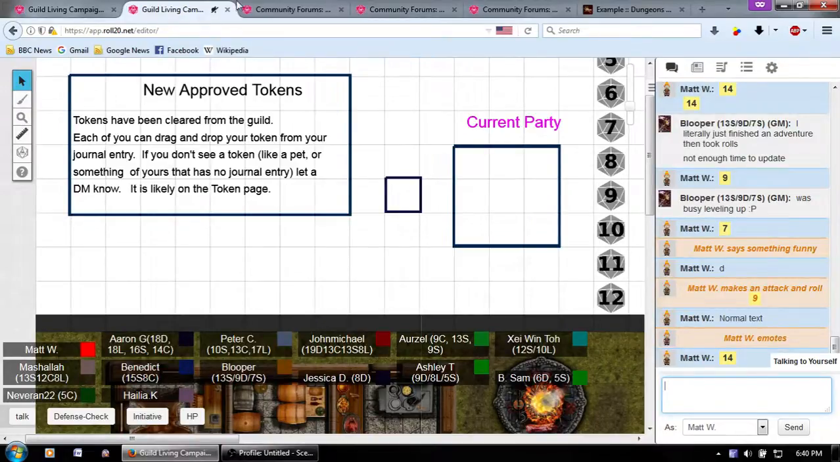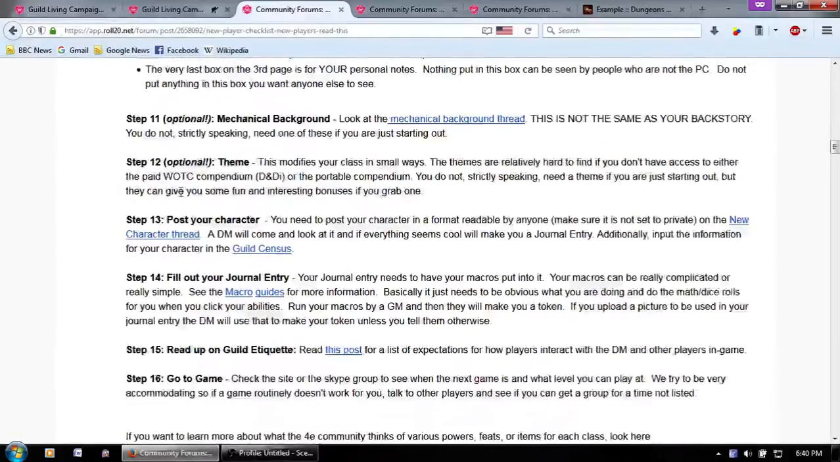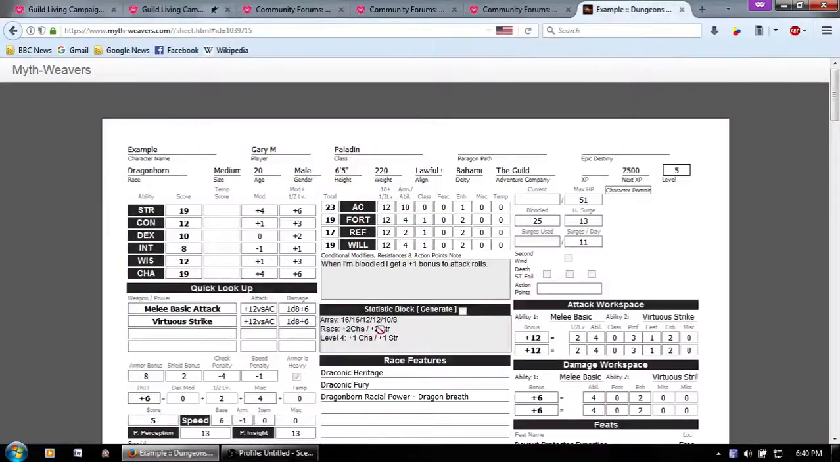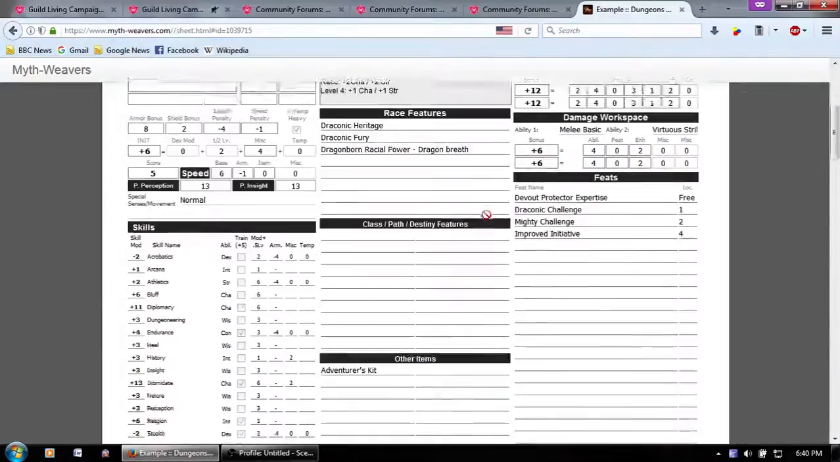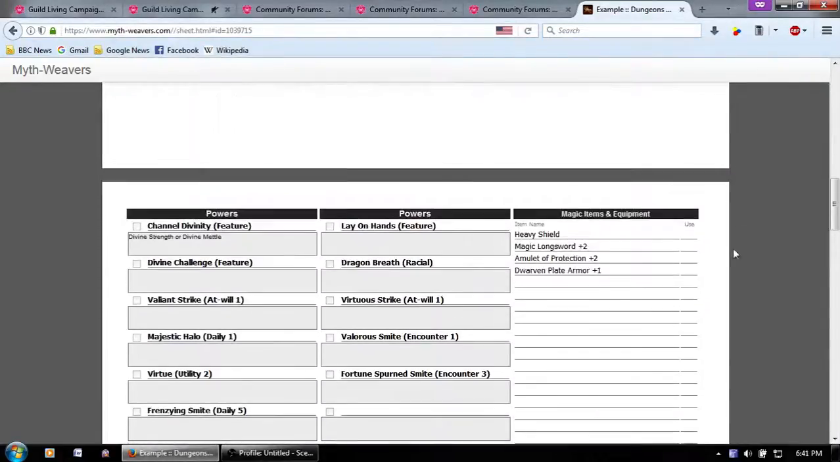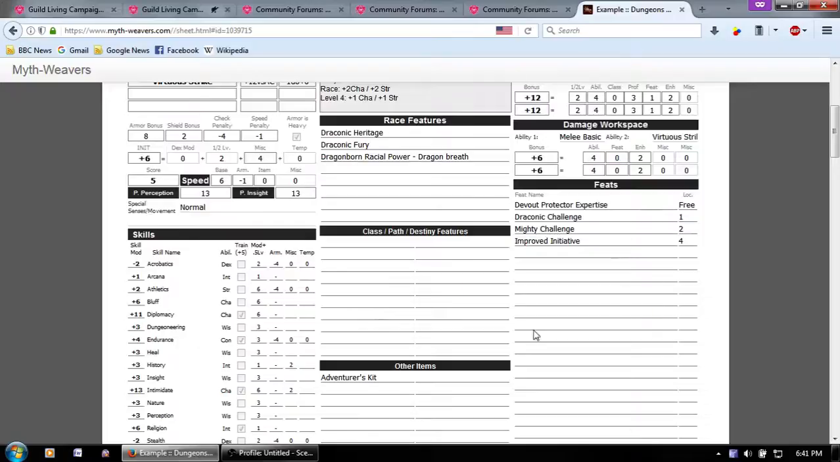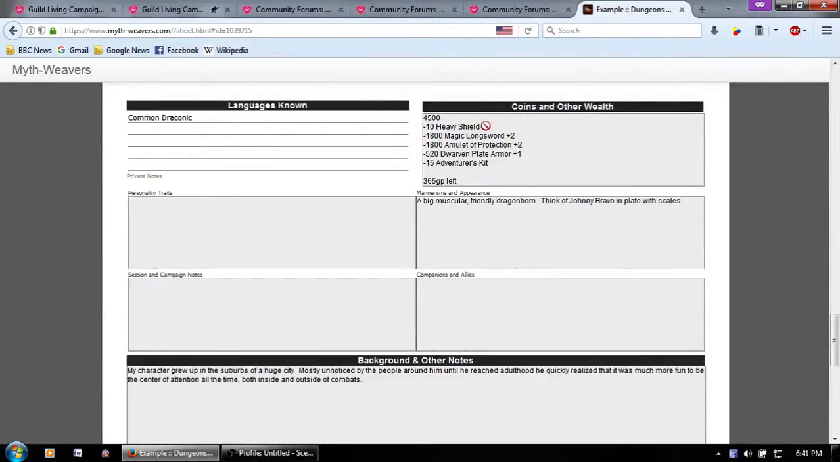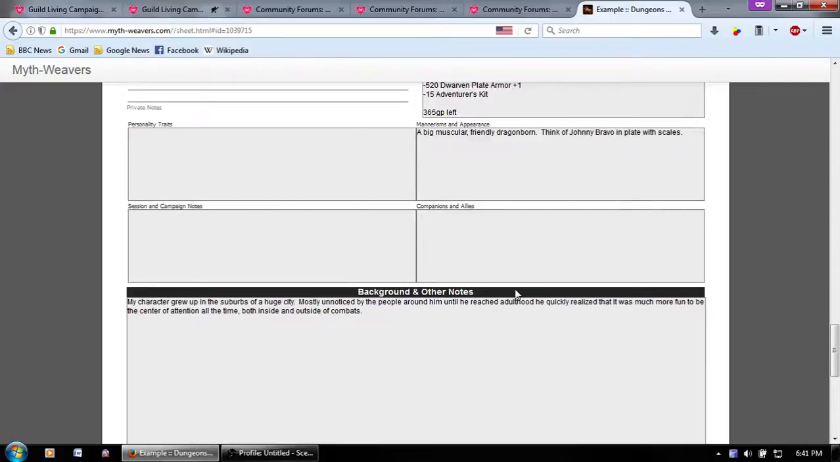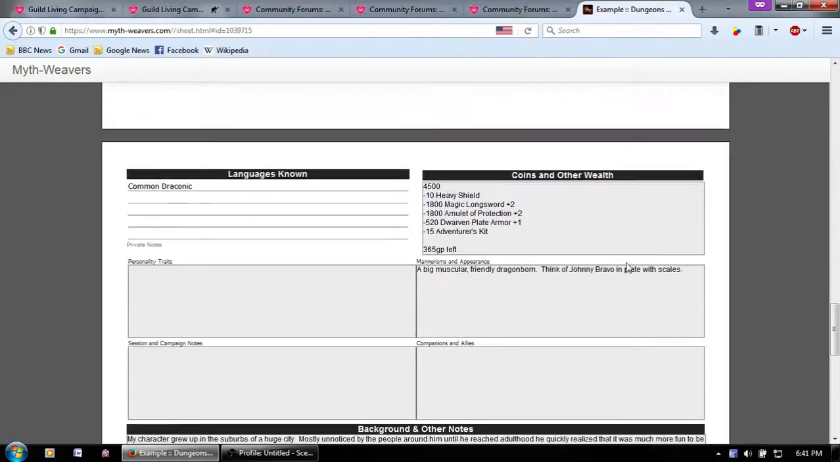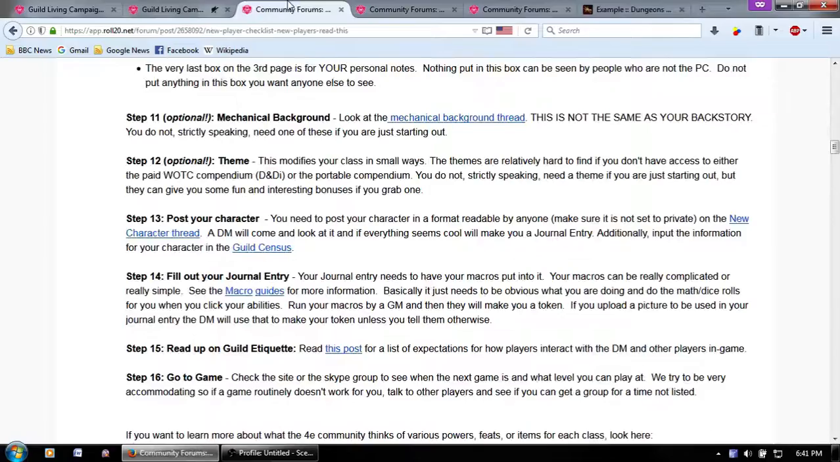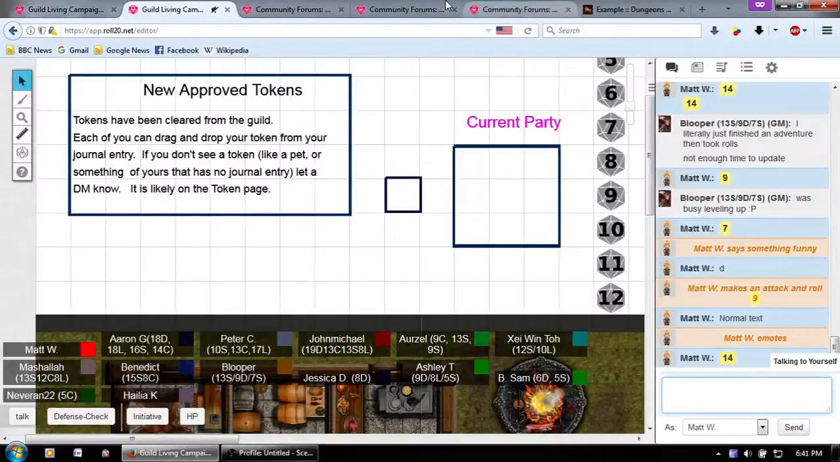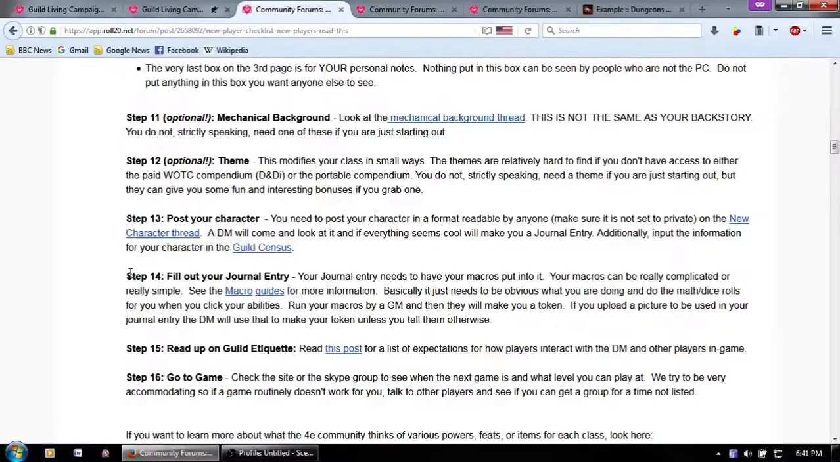So what we require you to do, okay, once you've posted your character, and here we go, here's the character that Gary made, it's example, this Dragonborn Paladin. And he's got all of his powers, he's got all of his items, he's got all of his feats and his racial features and things like that. All of his other items are in here, and he has a little background and says what you say about him. Okay, great. So he's ready to go. So once that's been okayed, next you have to fill out a journal entry,